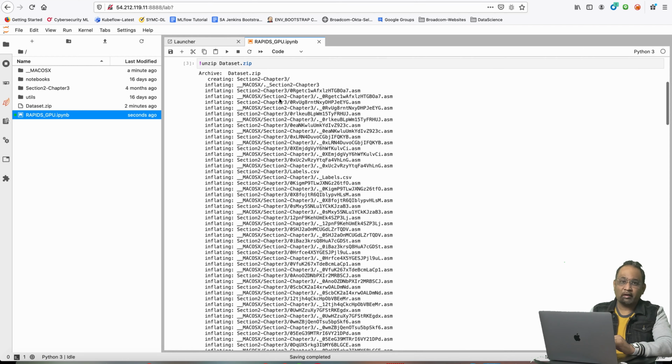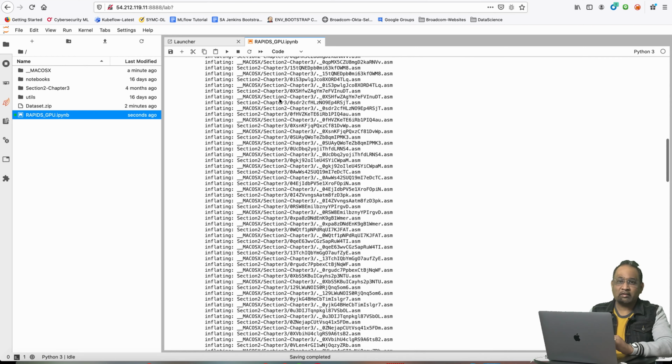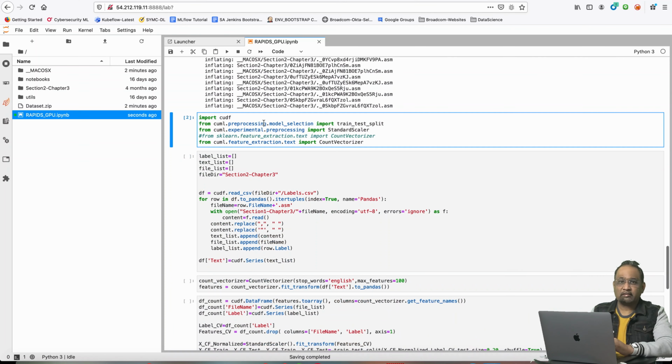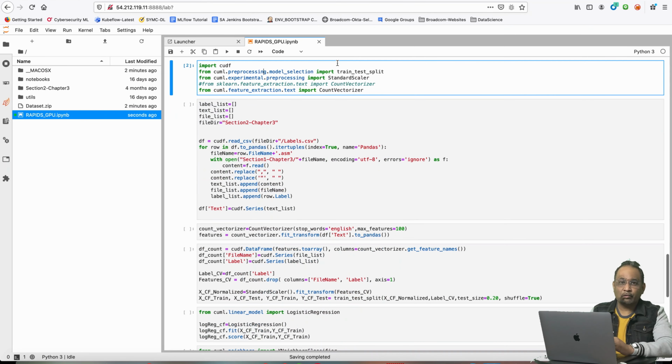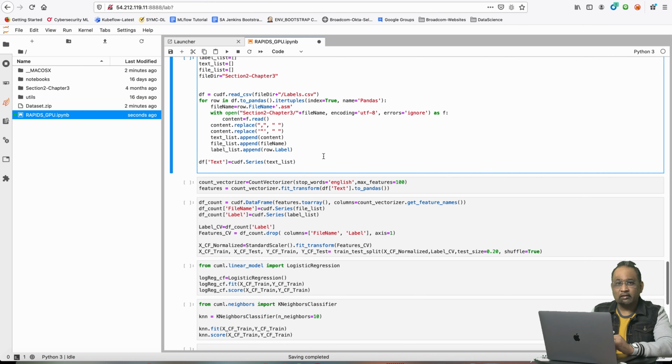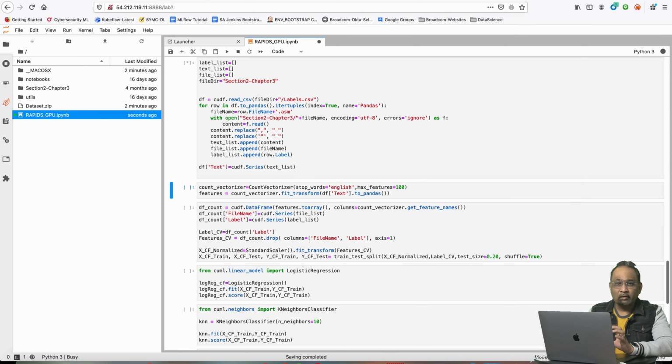Let's switch back to our current notebook and execute each step sequentially. After importing the necessary classes in cell 1, next we would be creating the CUDA data frame by reading the dataset. Once the data frame has been created, we will run the count vectorizer on it to create the bag of words. We had already discussed the different vectorizers in section 1, and I am not going to repeat the same. The only difference here is that instead of using scikit-learn, we are using the count vectorizer class from the cuML package, which is the count vectorizer to run on GPU.